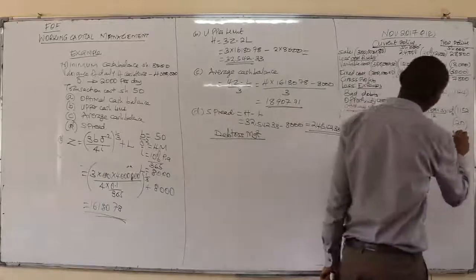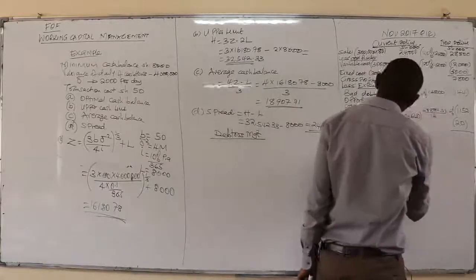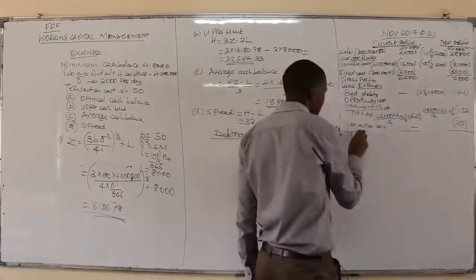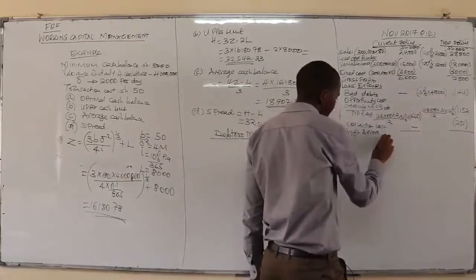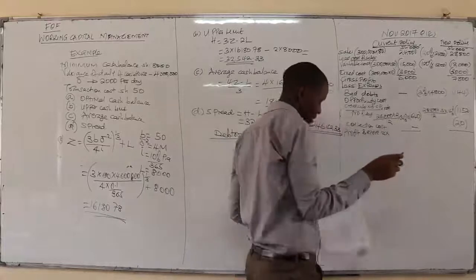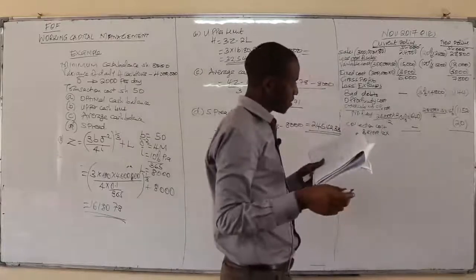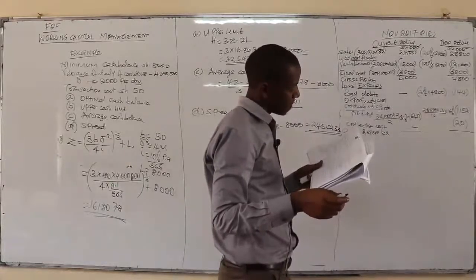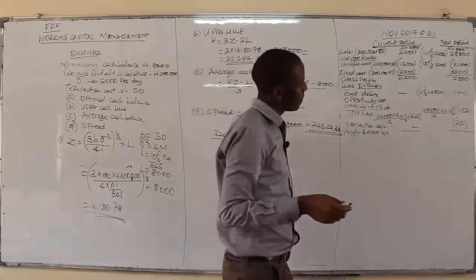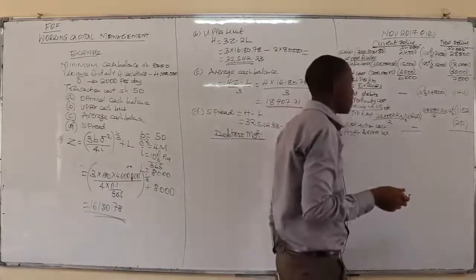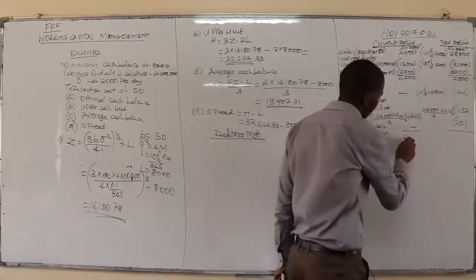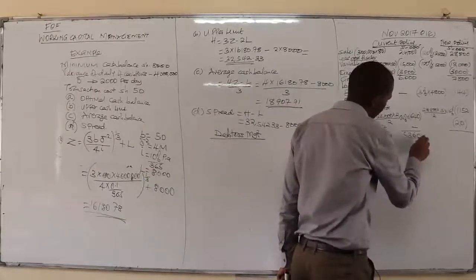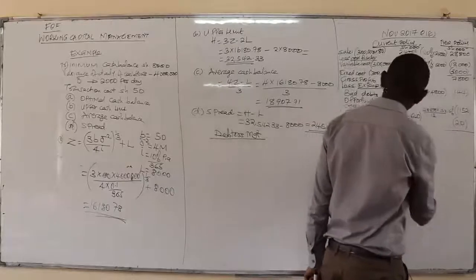So with that now, you can get the profit before tax. How much will it be? For the first one, 5360. For the second one